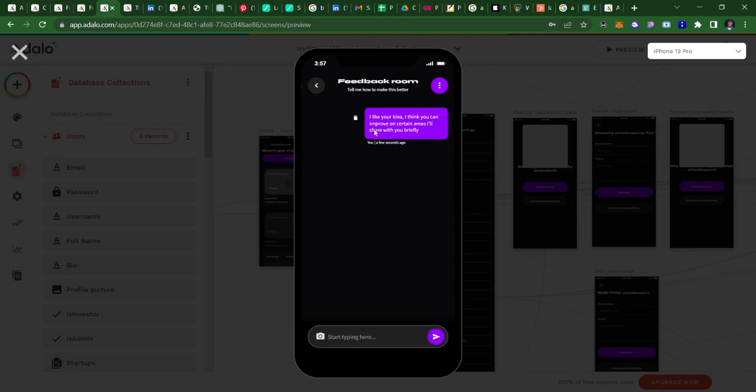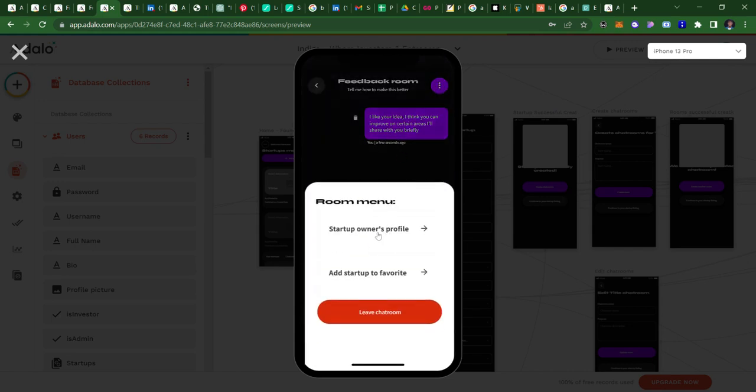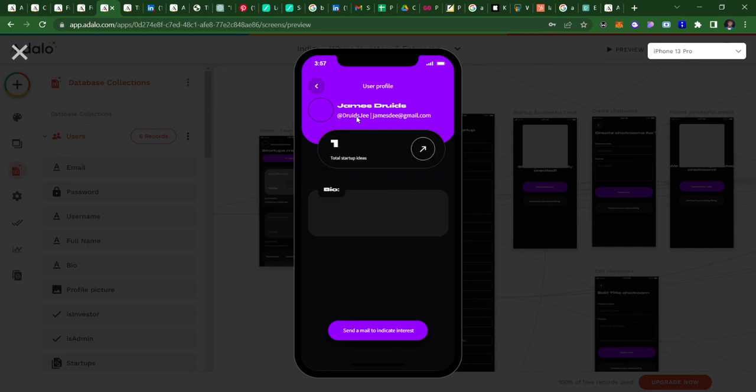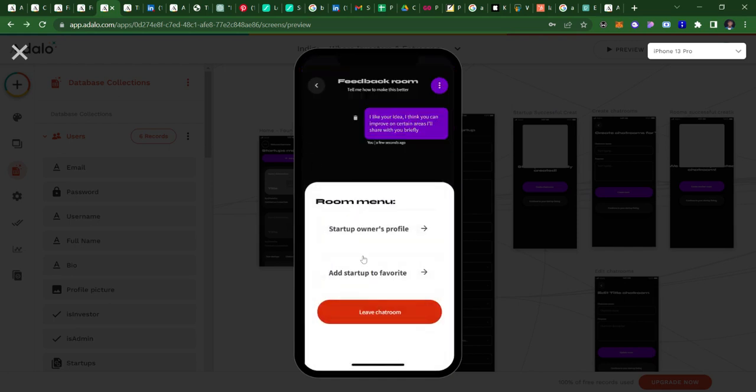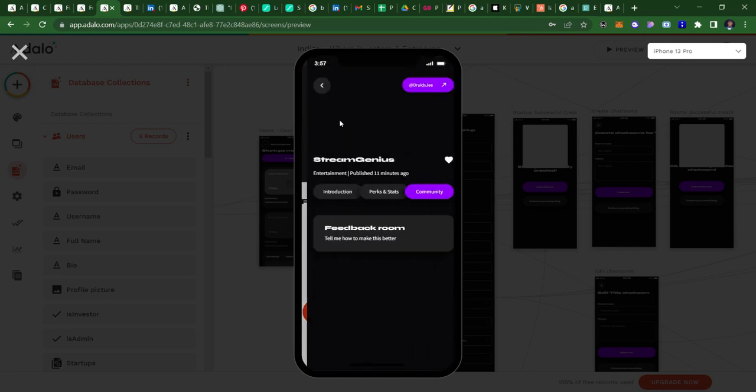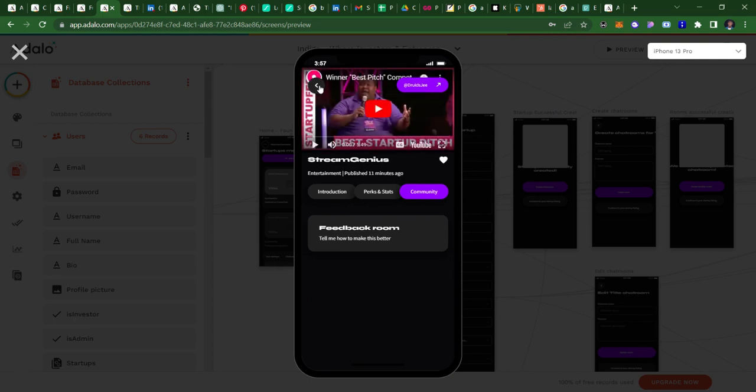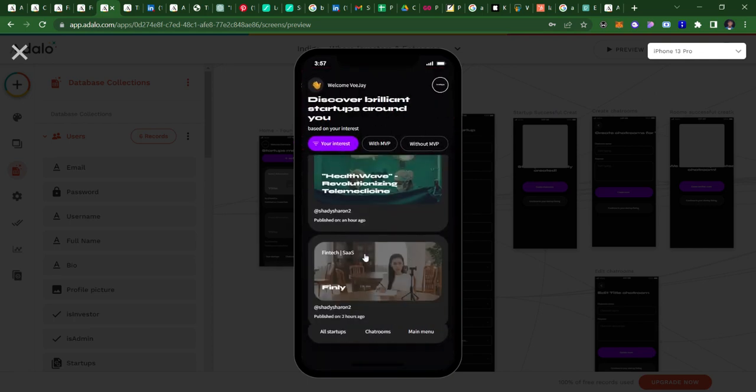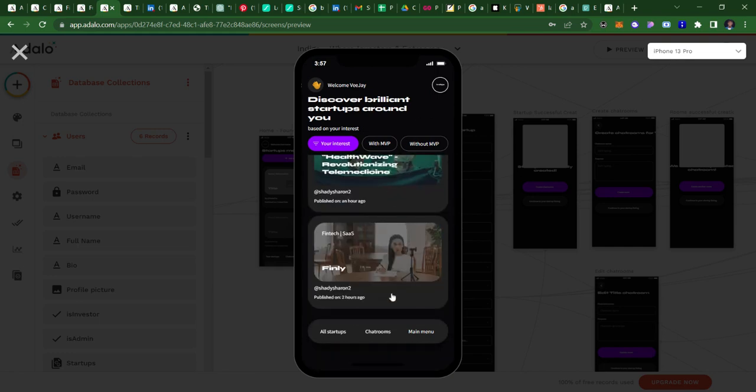Of course, once I do that, the startup founder can see that from here. And if I click on this, I can check the startup owner's profile, and I can add the startup to my favorites. So clicking on this is the startup owner, the person that just posted this. Of course, we have not added the profile picture and the bio, that's why we have it empty here, in the first account we created. So I can leave this chat from here and then return back to this space. From here, go back to the home, and that's just the simple structure of how everything